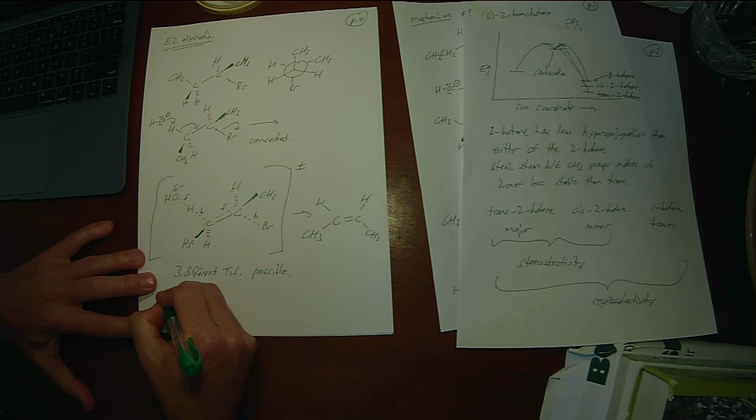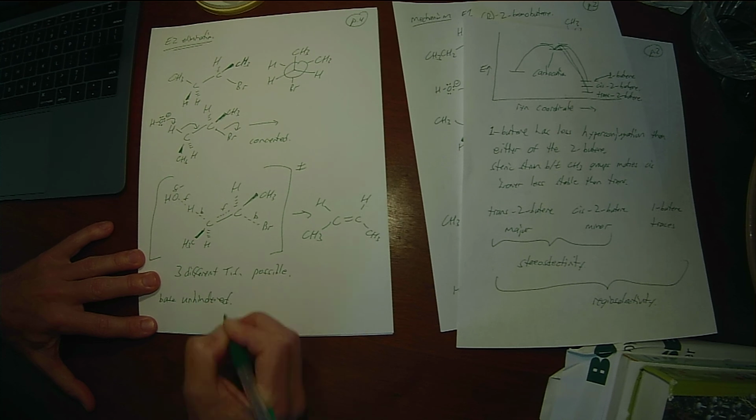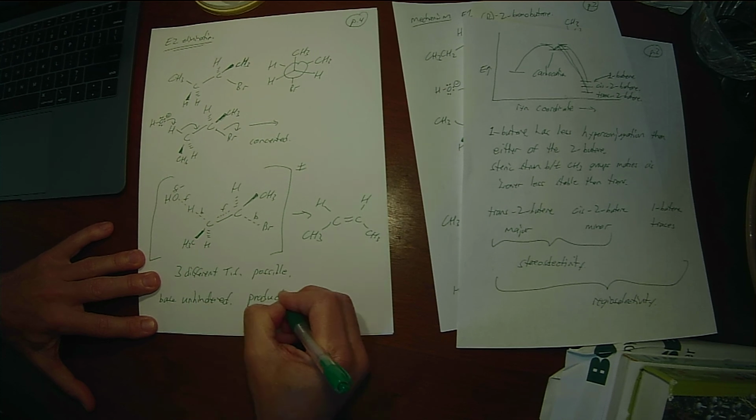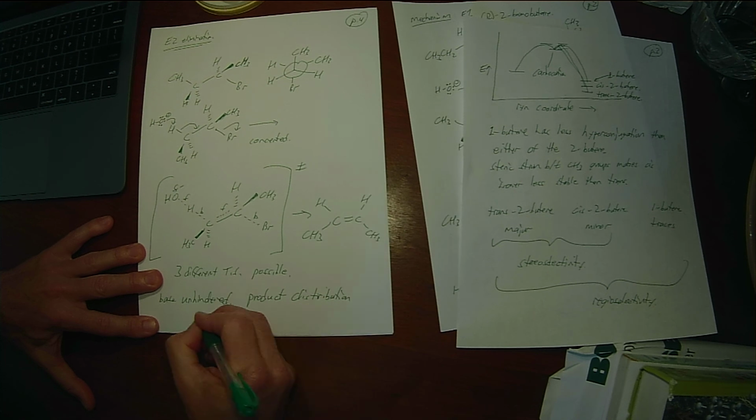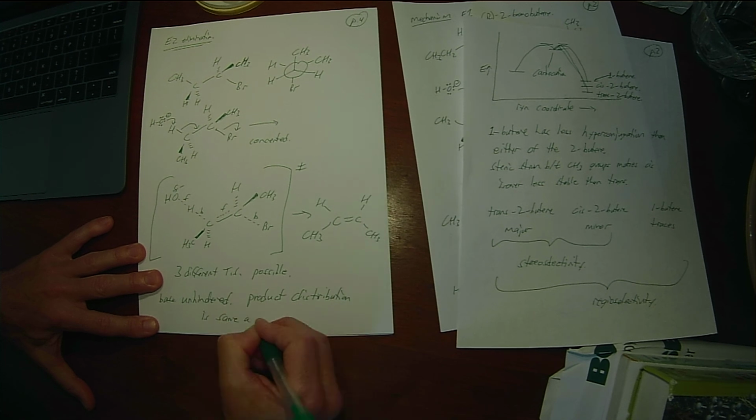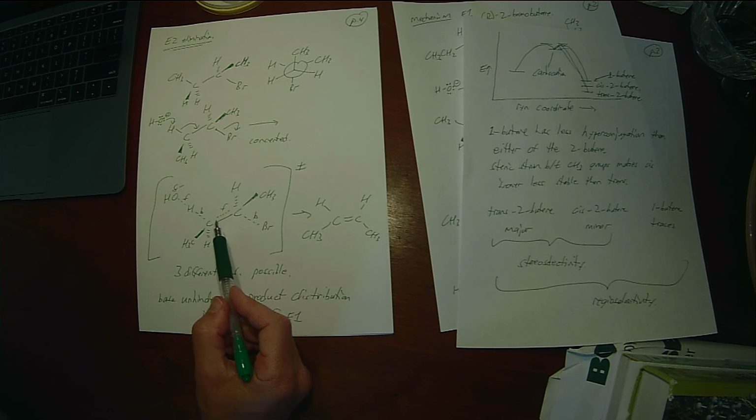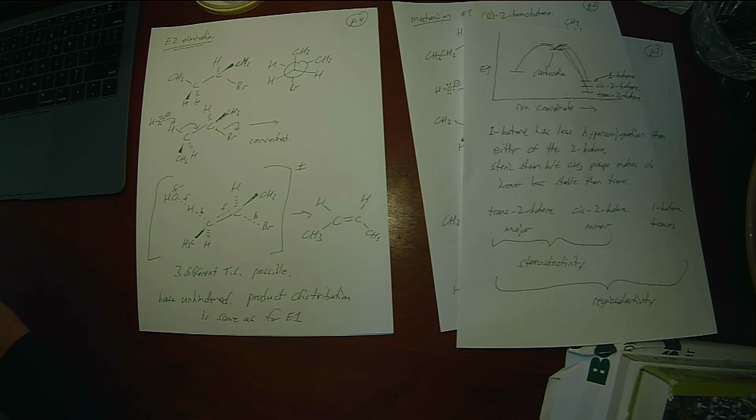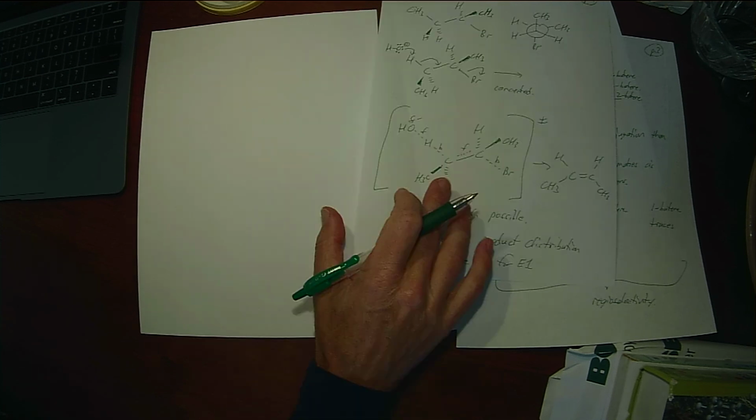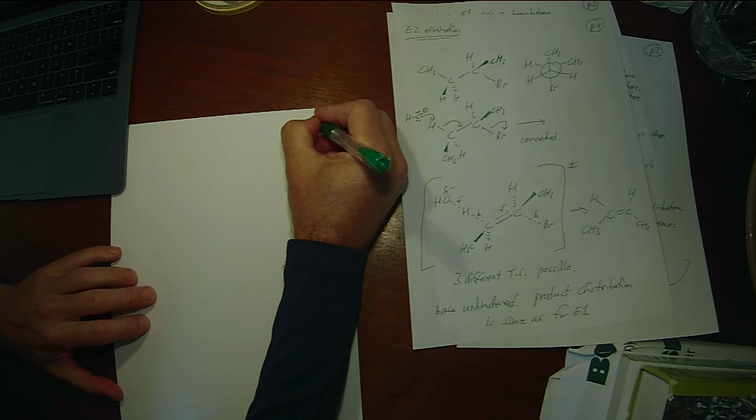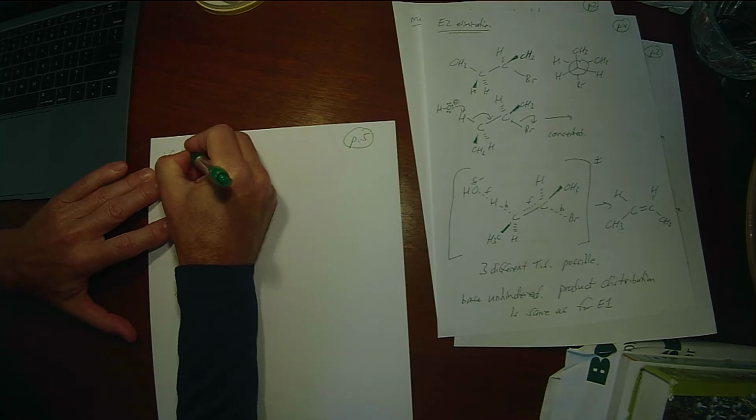If the base is unhindered, my product distribution is the same as it would be for E1, because hyperconjugation is going to stabilize the partial pi bond the same way it would stabilize the full pi bond. So the transition state energies are going to be in the same relative orientation. If, on the other hand, the base is very hindered,